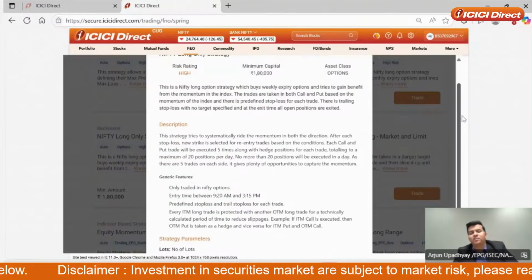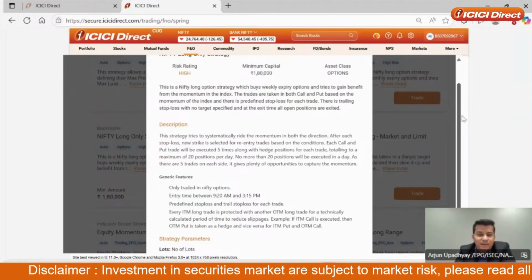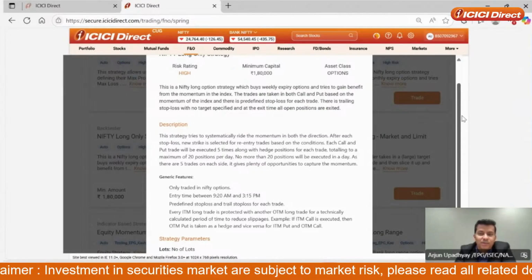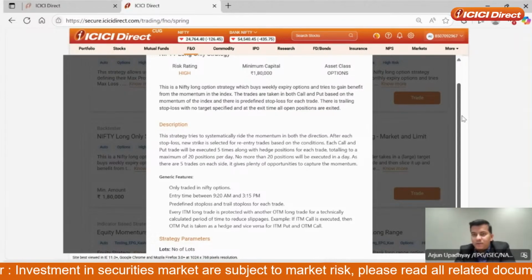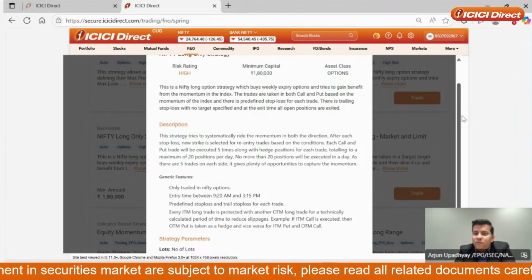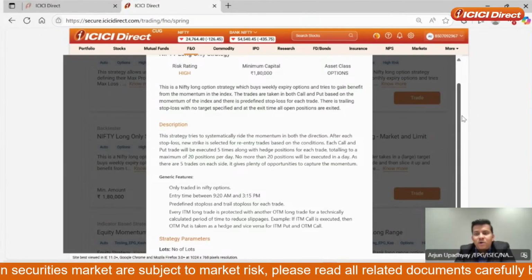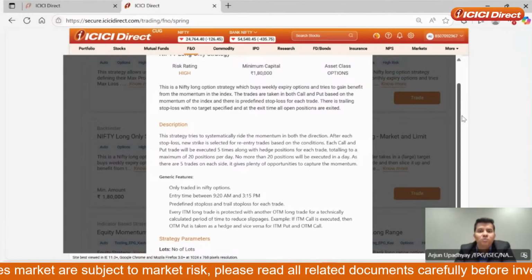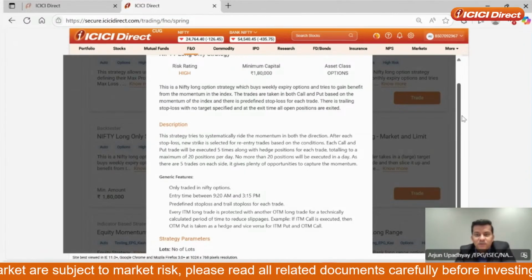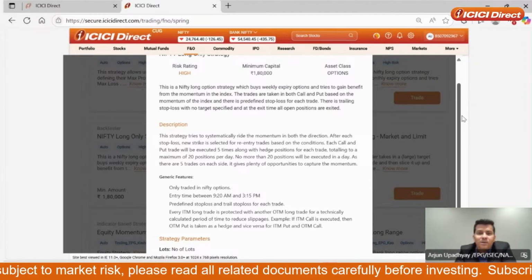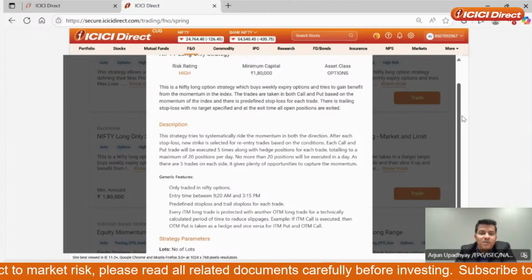Now, as a retail customer, I just have to read through the strategy parameters. And if I can relate to the strategy in the given way the markets are going, and if I think the strategy makes sense, all I have to do is just press a button. And then what happens in the backend is all algo, which is taken care of. For example, this strategy is a simple strategy which works on weekly expiry of options, and this will always trigger a position for you when the markets are in momentum.